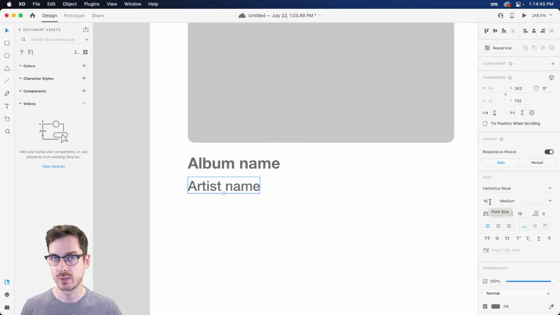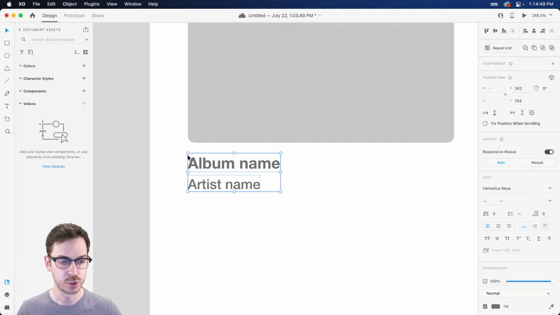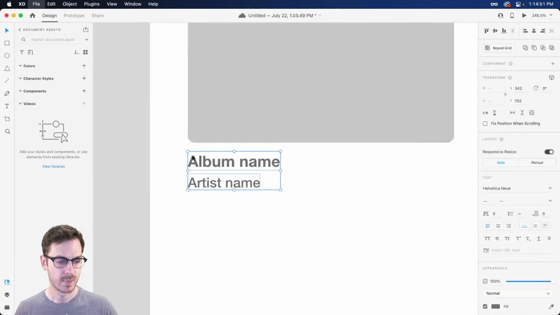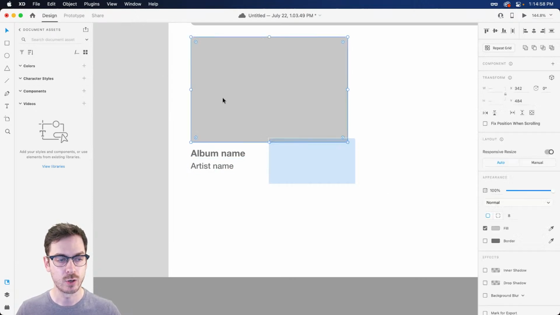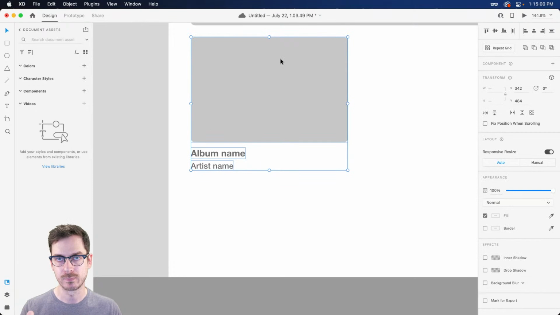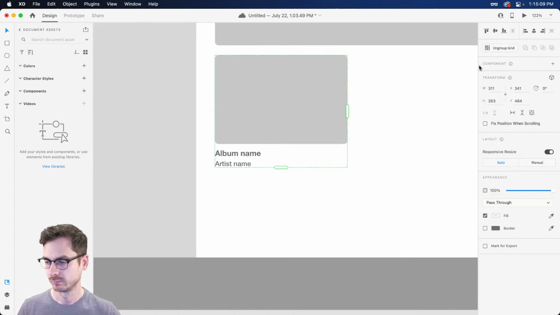But the nice thing is we're going to be using a repeat grid in this case. So we can easily make that change and it's going to populate to all the different repeat grid cells, right? And let me show you how that works. So what I'm going to do is select all this information here. We have the album cover, and we have our album name and artist name, and we're going to place these into a repeat grid. Command and Control R. It didn't work. My button did not work for the repeat grid overlay. It was there, I promise.